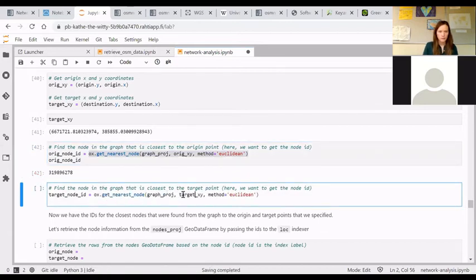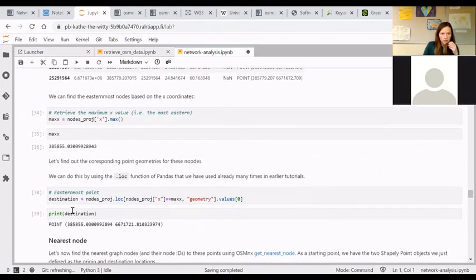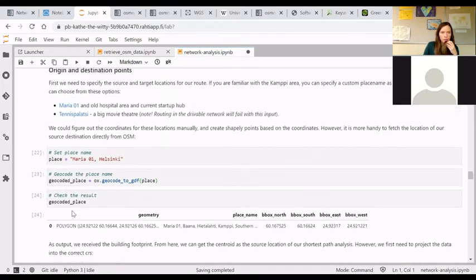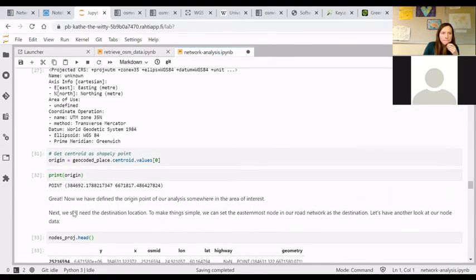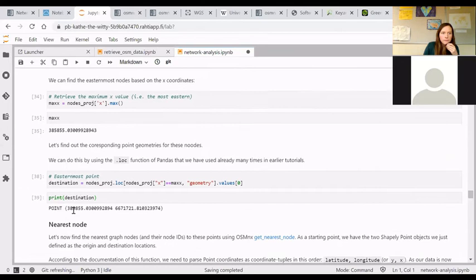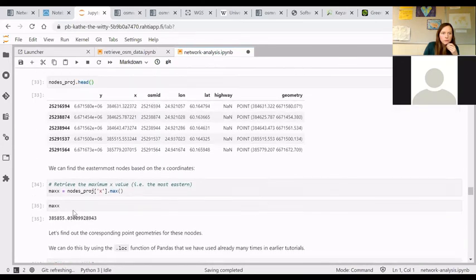target xy. Method is the same, and then let's print that out as well. And here actually this is a bit useless because we arrive back to the same node that we started off with when defining the easternmost node. Where was it? Anyway, oops. So, well, anyway, that node ID we get, it is